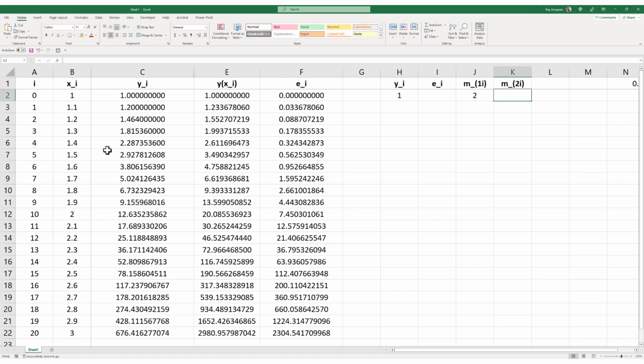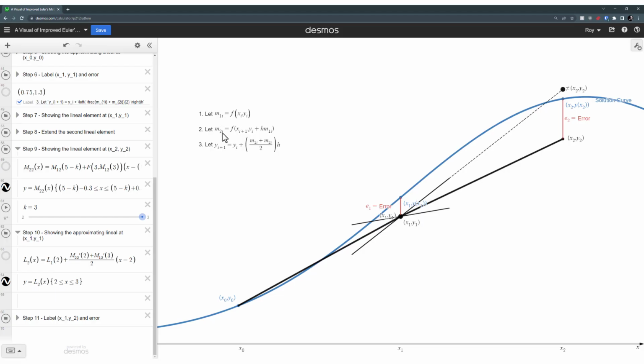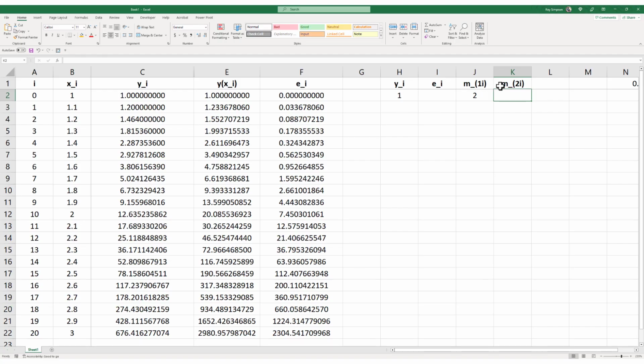The next thing I'm going to need is m sub 2i. And going back and looking at our Desmos applet, we can see that m sub 2i is going to be f evaluated at the next x value in line, comma, the current y value plus h times what we just computed for m sub 1. Let me say that again. m sub 2i is going to equal the next x value in line. The next x value is this 1.1. However, it actually is not to my benefit to point there. I'm just going to say it's our current x value plus h,